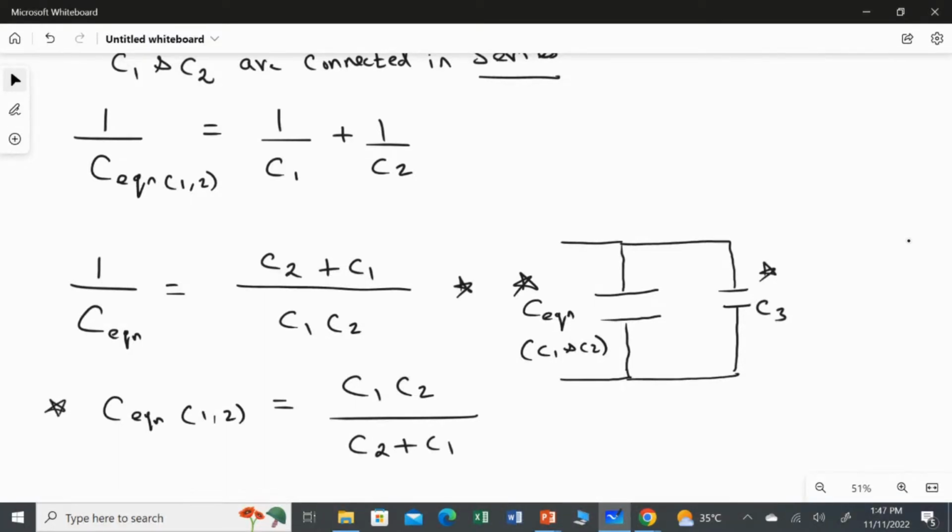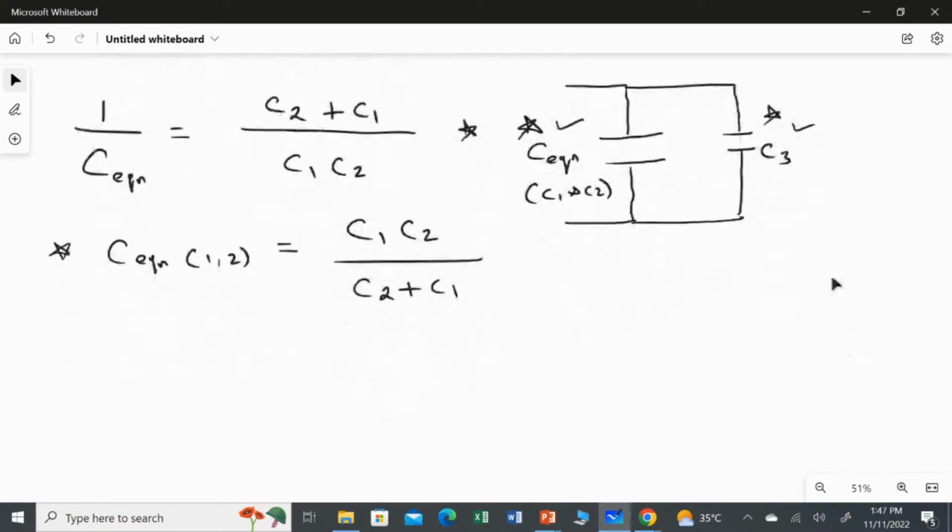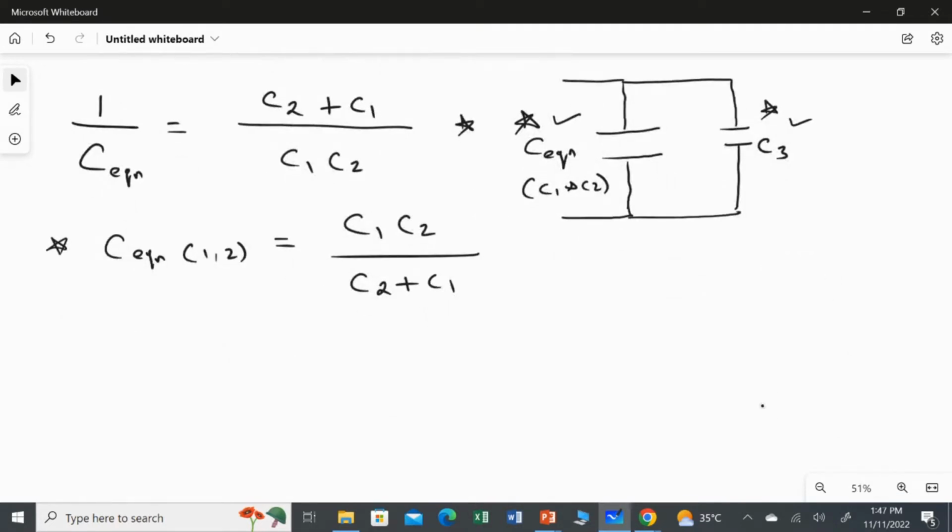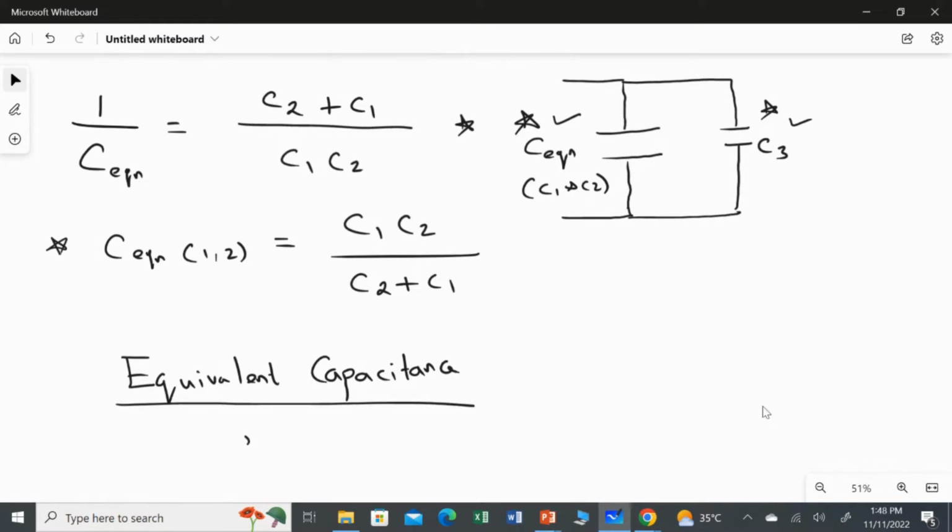If you see the figure, these two, that means the combination of C1 and C2 and the capacitor C3 are exactly in parallel. So now I'm going to use the rule for parallel. What is the equation for the parallel? The equivalent capacitance for the combination, I'm going to find. So here, C equivalent, that means C1, C2 and C3